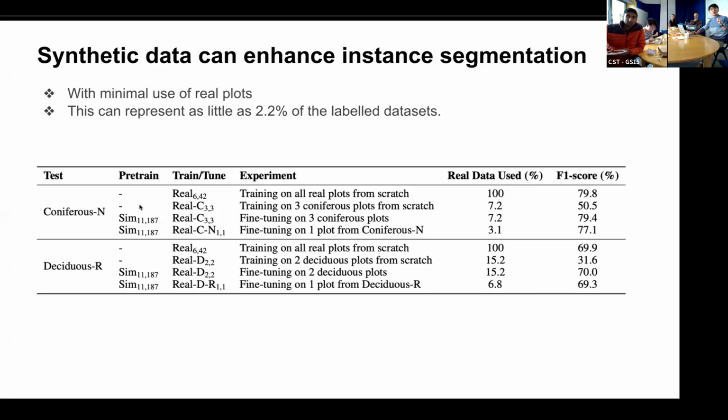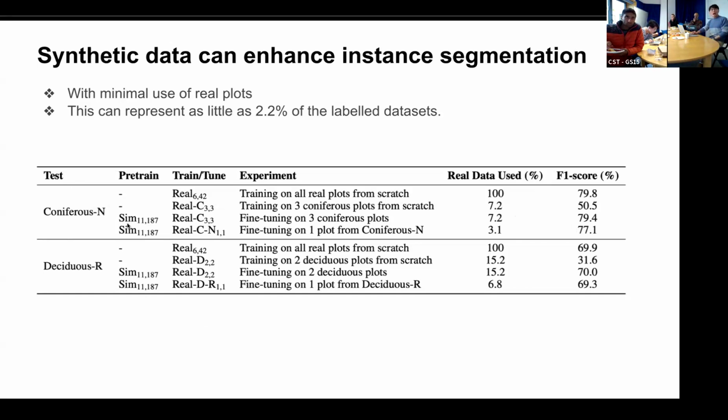And we have pre-trained on, so the first 2 rows, just train on the real data, right? If you only train on the full-scale real data, you get an F1 score of about 79.8. And when we reduce this to a few-shot setting, let's say it contains only 3 forest plots, these coniferous plots, and you train from scratch, you can see that the F1 score drops from 79.8 to 50.5. But if you pre-train the model on our synthetic data, the full-scale synthetic data that contains both coniferous